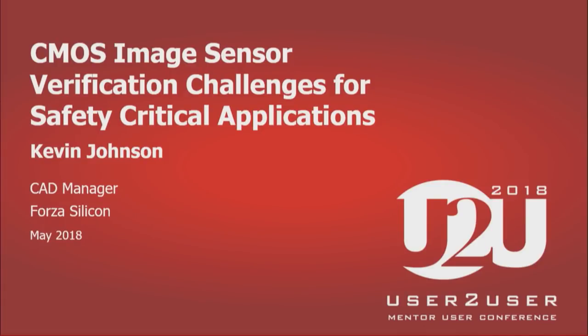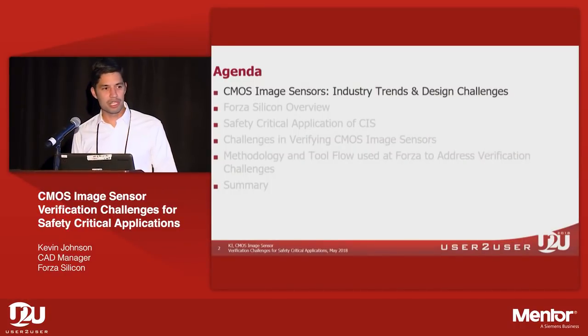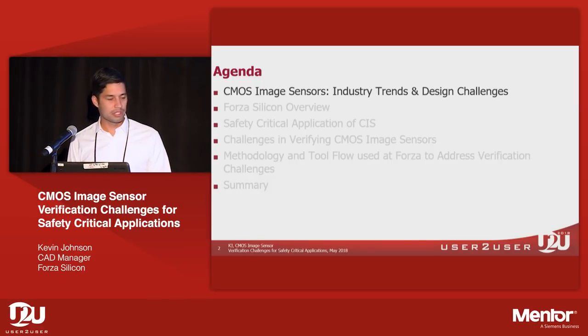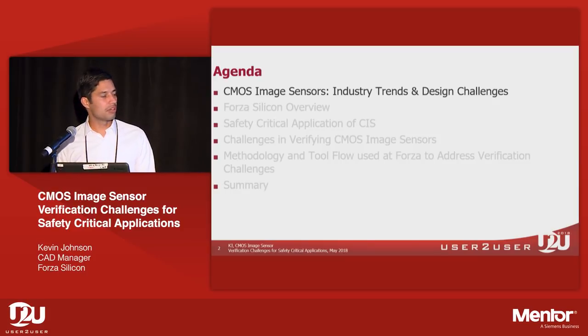This talk will comprise a couple of different parts. We'll try to give you a little background on the CMOS image sensors and CMOS image sensor industry. Talk a little bit about Forza and how we fit into the CMOS image sensor industry. We'll talk a little bit about safety critical applications, which is a very growing and upcoming part of